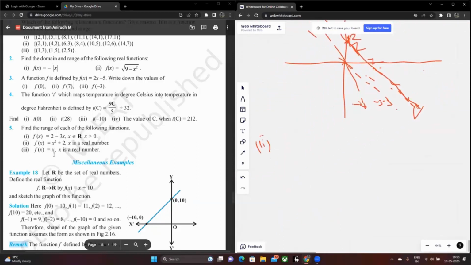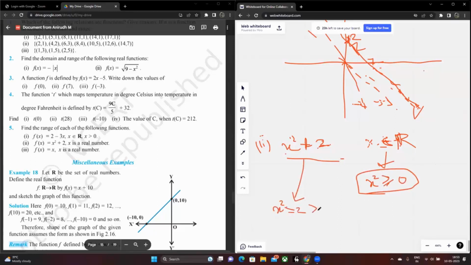Your second part is x squared plus 2, where x is a real number. If x is real, then x squared is always greater than or equal to 0. That's the first thing to note. This always holds true. So x squared plus 2 is always greater than or equal to 2, because it's basically addition of 2 on either side. So your range then becomes